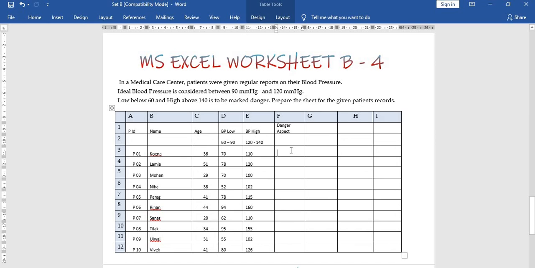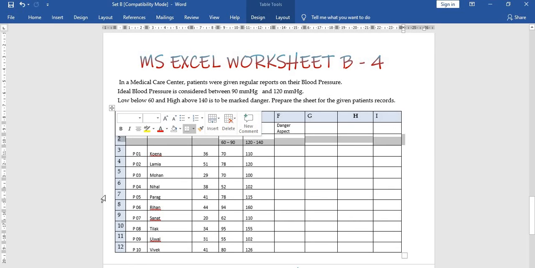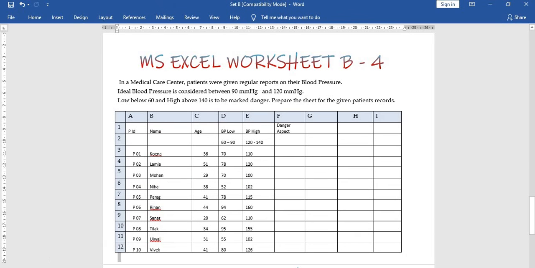That can be done with the help of if. So you can use the function if to find out whether it is okay for low and whether it is okay for high or not, right? So these four were based on some medical values. Next we are going to look into